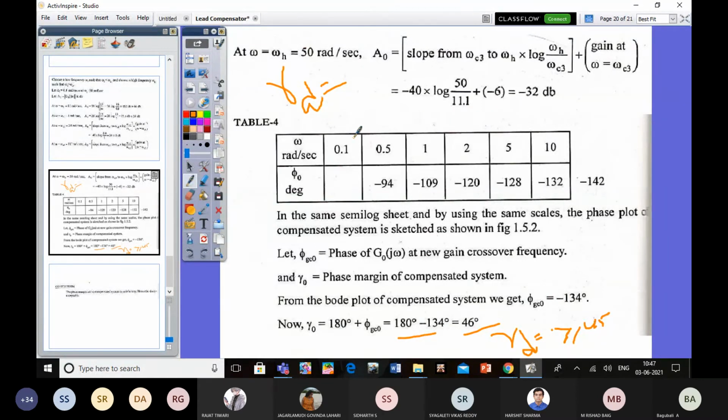This is the way you can solve it for a lead compensator. Any doubt, dear? You can try to practice all such types of problems. It's very, very important. Due to time constraints, every time I am saying we have a very short time duration, that's why I am moving somewhat fast. Otherwise, I am planning to take each and every topic. This compensator itself may take nearly 4-5 sessions, but there is no time for us. I think you understand. Accordingly, you may try to practice it.